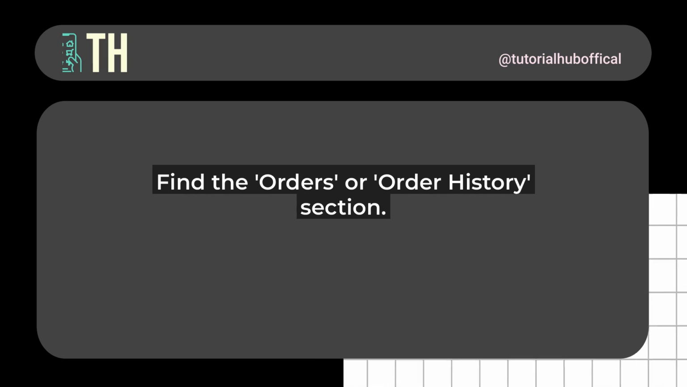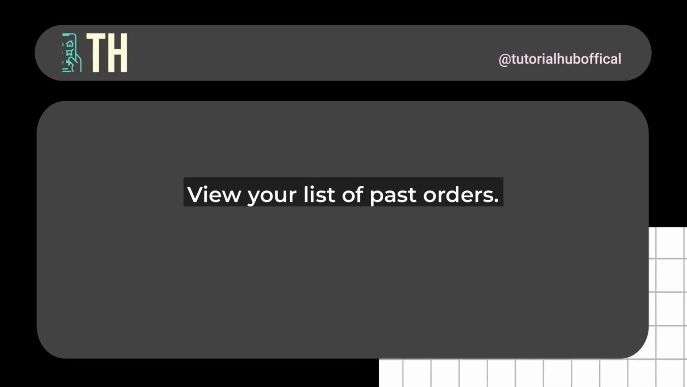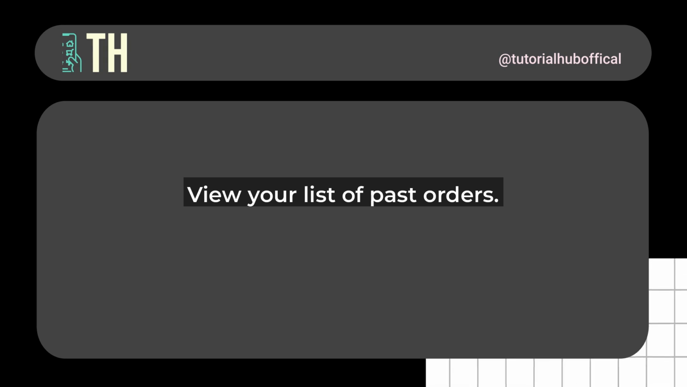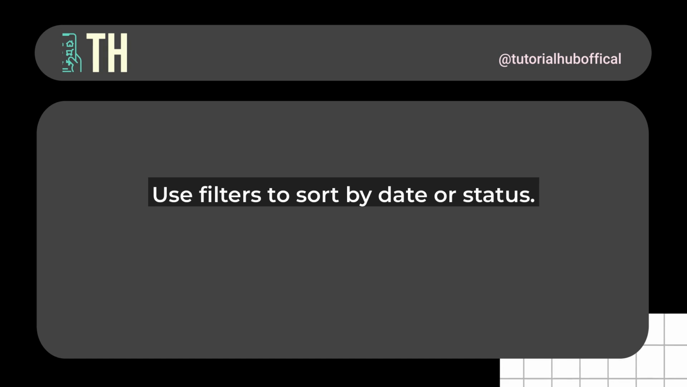Now, here's the key part. Look for the Orders or Order History section. It might be under a tab labeled My Orders or something similar. Tap or click on that, and you'll be greeted with a list of your past orders. You can scroll through them, and most times, you'll see details like order dates, items purchased, tracking numbers, and delivery